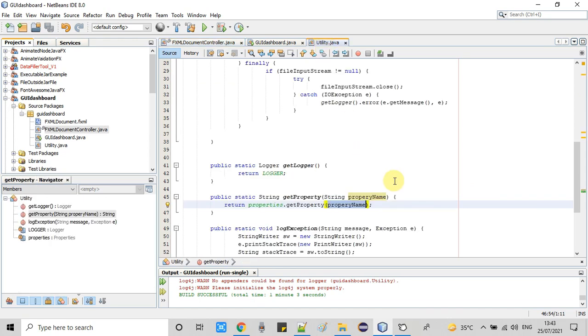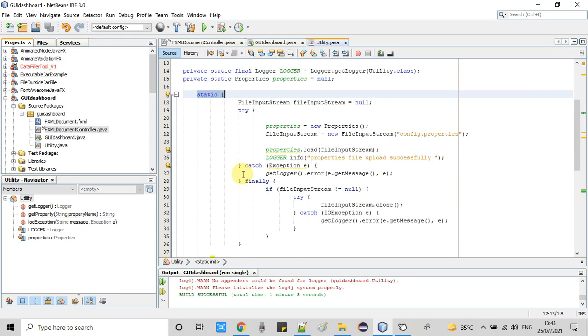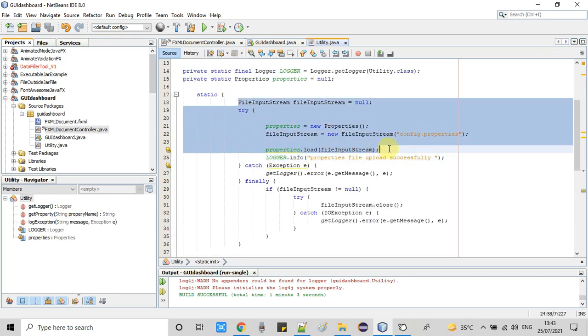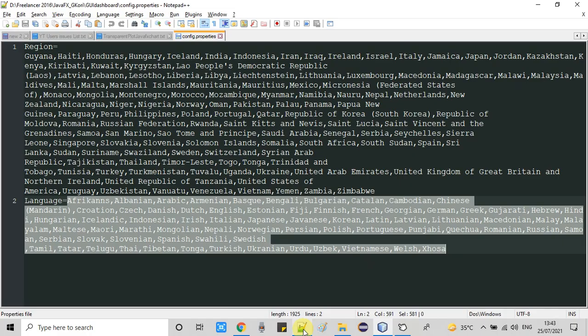So guys, very simple thing. We have the utility, and first we loaded our properties file which we have created, in which we have all the items comma separated. After that we have one getProperty method which will give you the right property by name. If you want the language, you pass the name language.